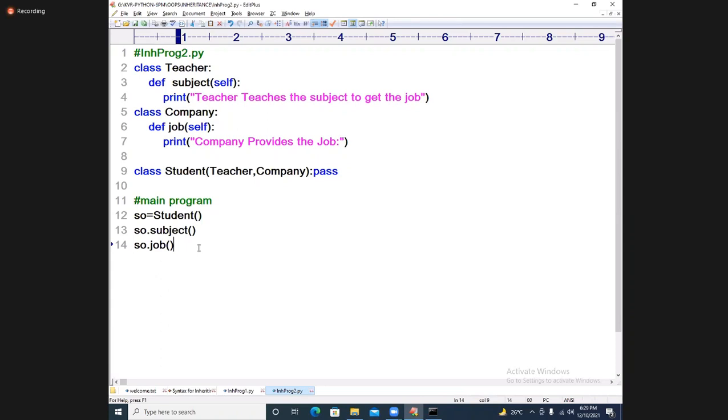Accept and display employee details. Accept and display employee details along with company details.